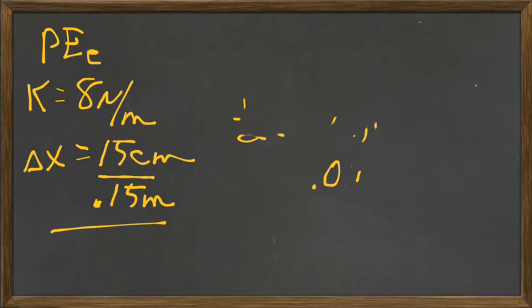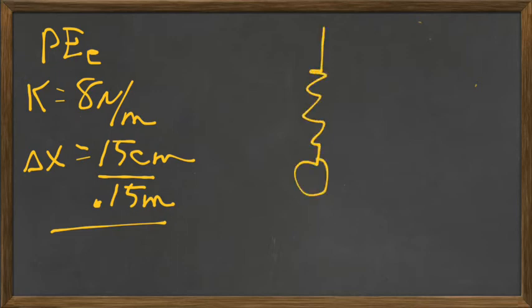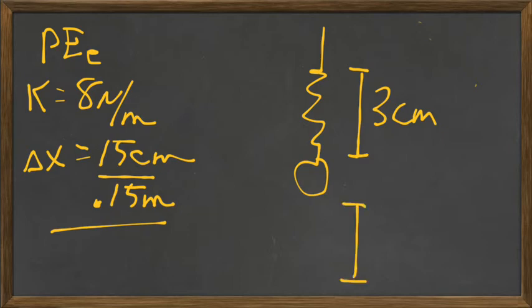Erase all this. I need a bigger eraser. Alright. My little spring is hanging down. And right now, let's say it's hanging down 3 centimeters. And I'm going to stretch it another 2.5. What do I put for delta x? I put 2.5 centimeters. Or maybe they just tell you a spring starts at 3 centimeters